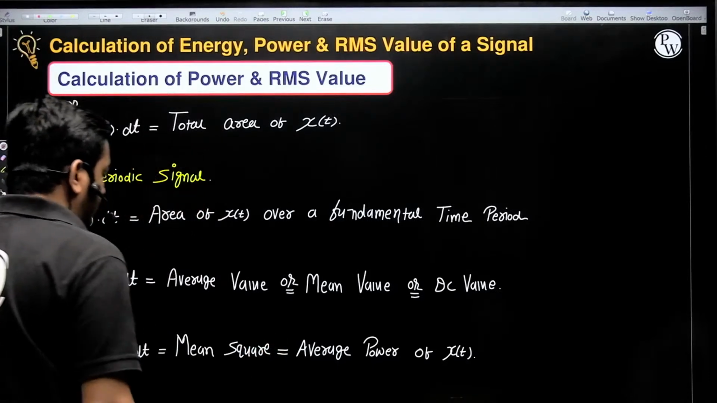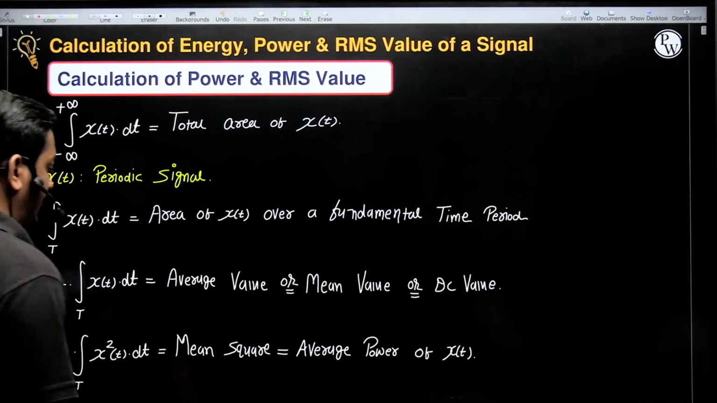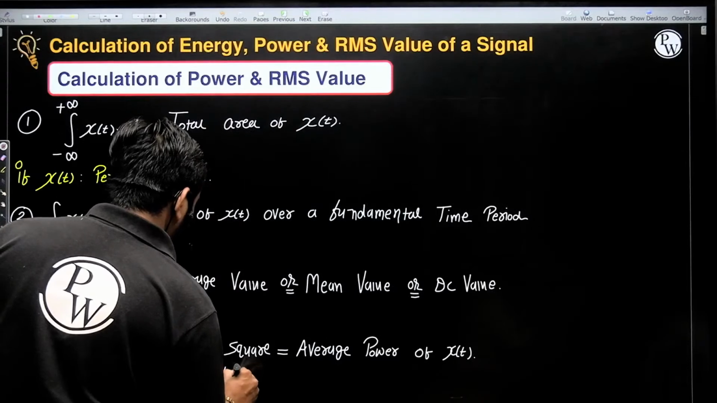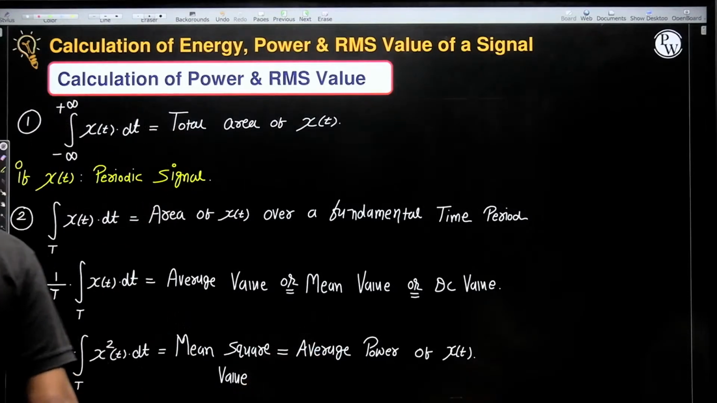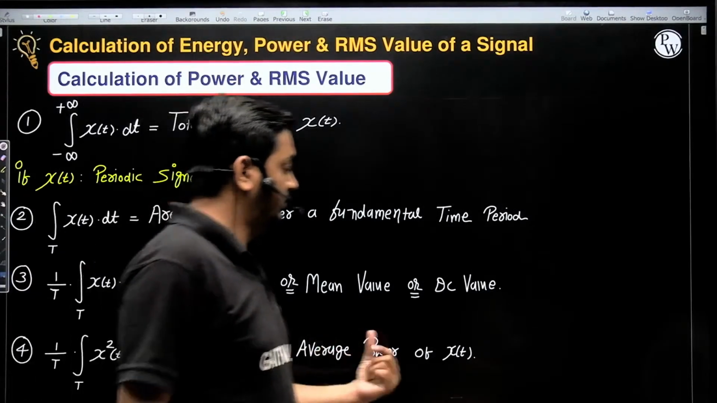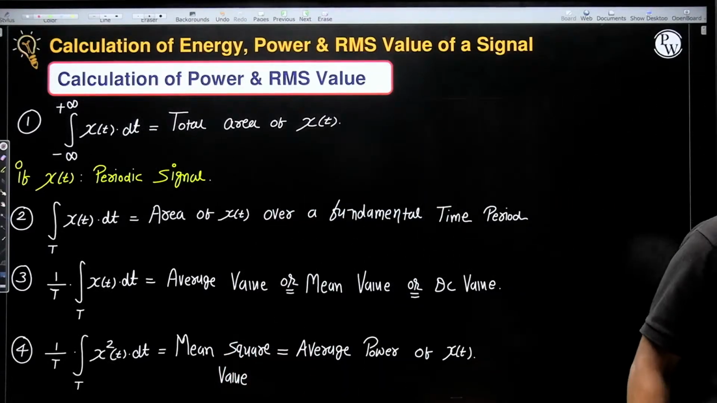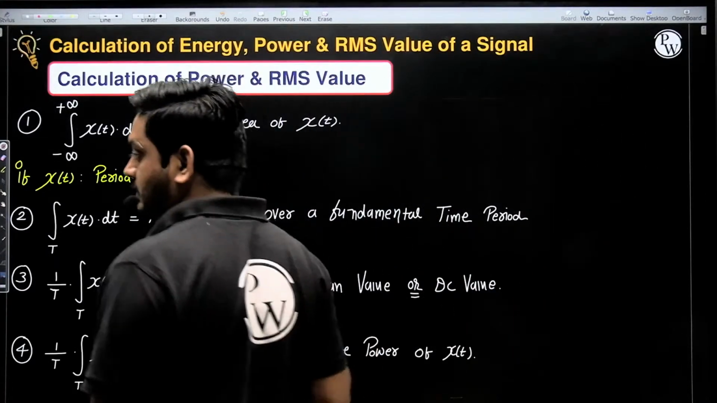Mean square value, or average value, we can say. Mean square value, or it is known as the average power. Mean square value, or we can say average power of x of t. Clear? Fine? Okay. Now next,